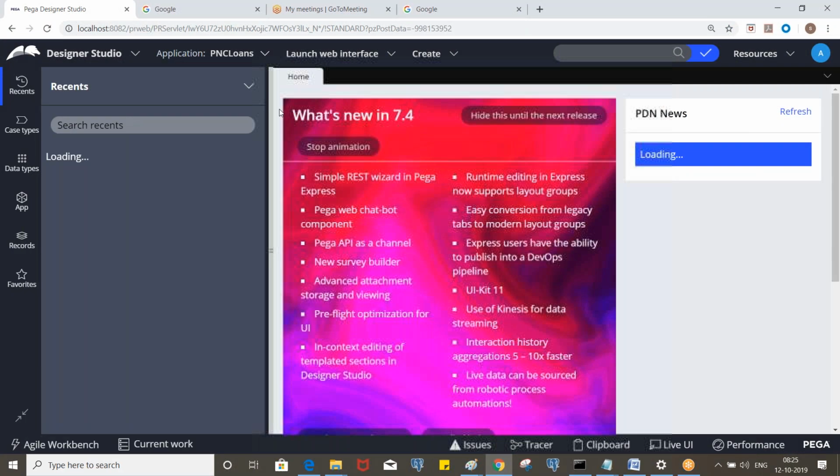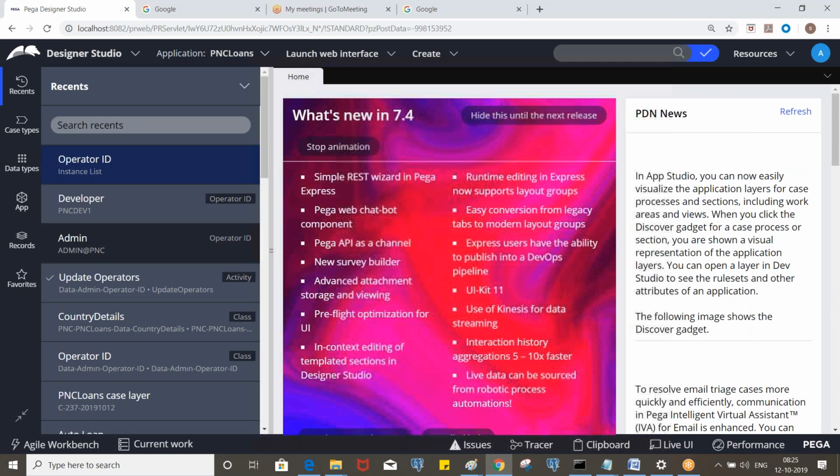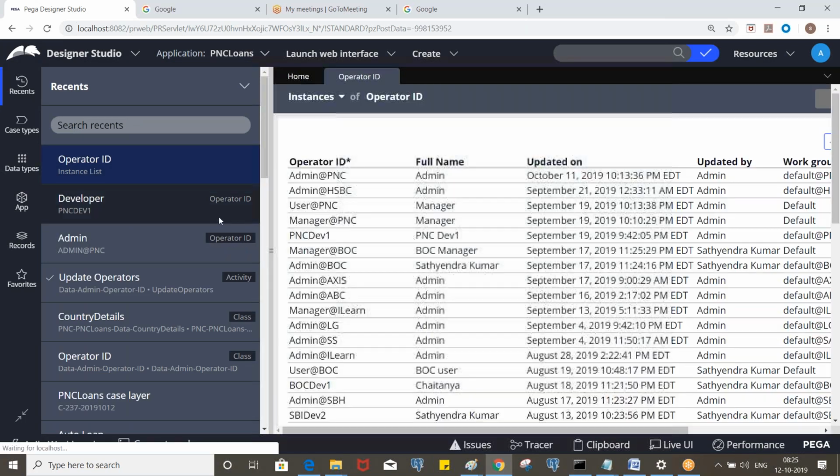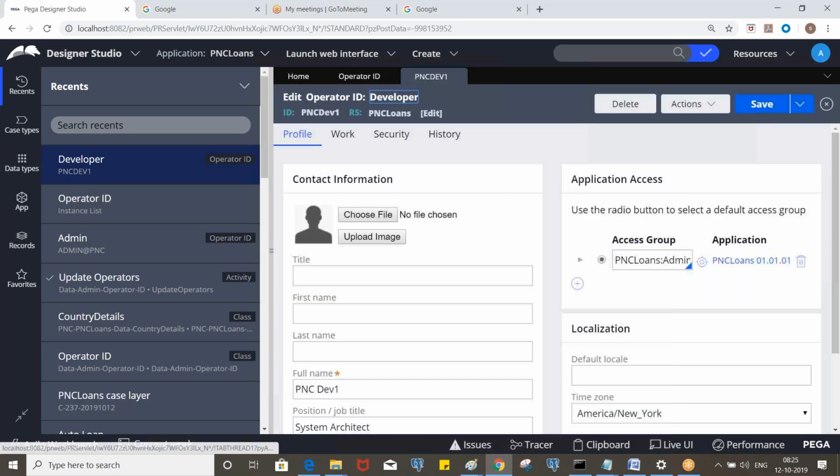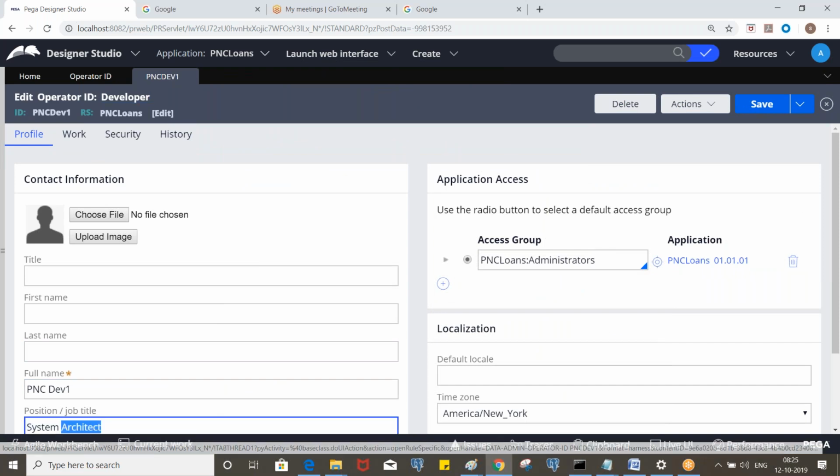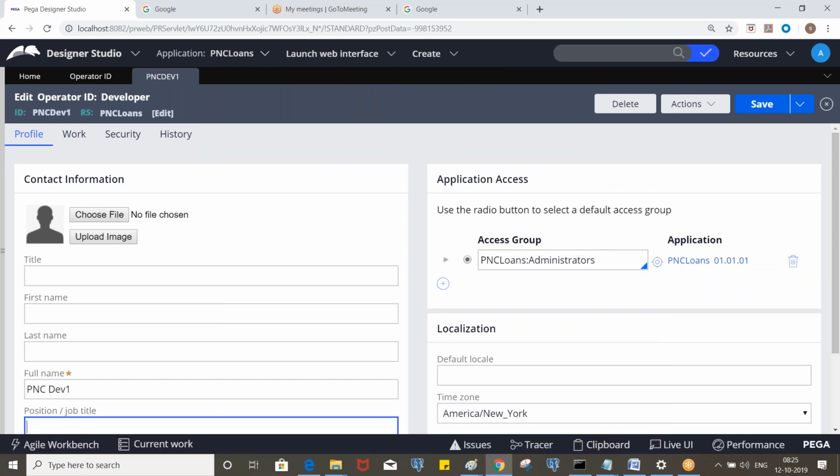Now let me show you through the tracer. So now let's remove the py position. Even if it is there, nothing will happen, it will just be replaced with the same value.